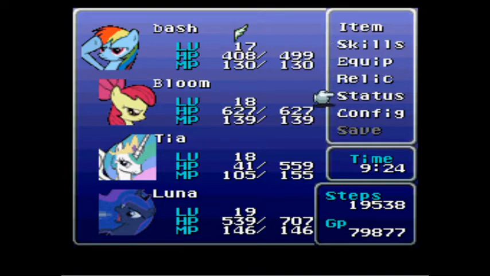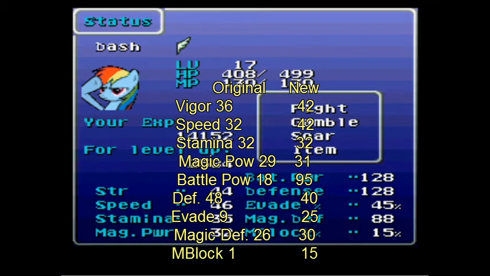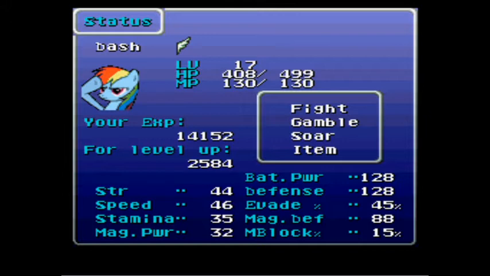Anyway, we have Rainbow Dash. Check it out. Those are her stats. Not too bad, honestly. Much better than Setzer in general, other than her defense, which is hardly a big deal since she has access to the Soar command, which you've already seen a bit of with Scootaloo way back in video number 2. Basically, the way the Soar command works, just as a more proper explanation, Dash will temporarily fly up